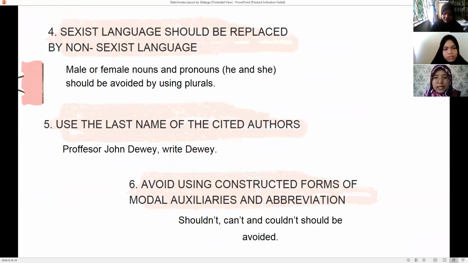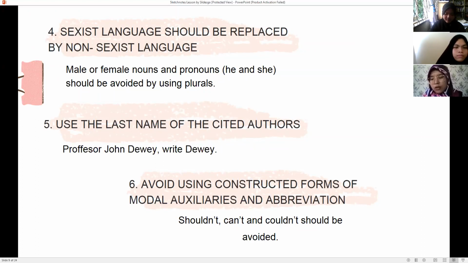Moving on to the next point. Another rule is sexist language should be replaced by non-sexist language. For example, male or female nouns and pronouns, he and she, should be avoided by using plurals.